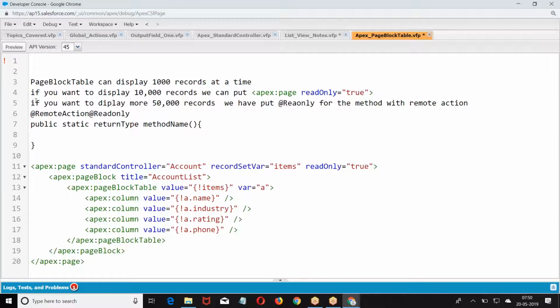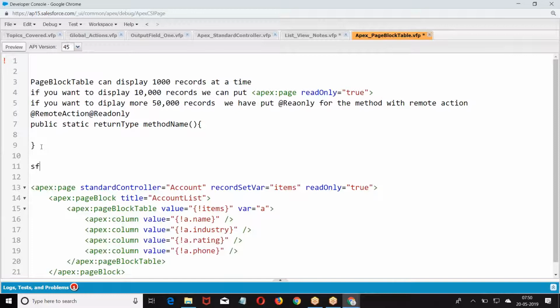Right. This is one solution. The other solution we can use. You can make it simple by using the Ajax tool.